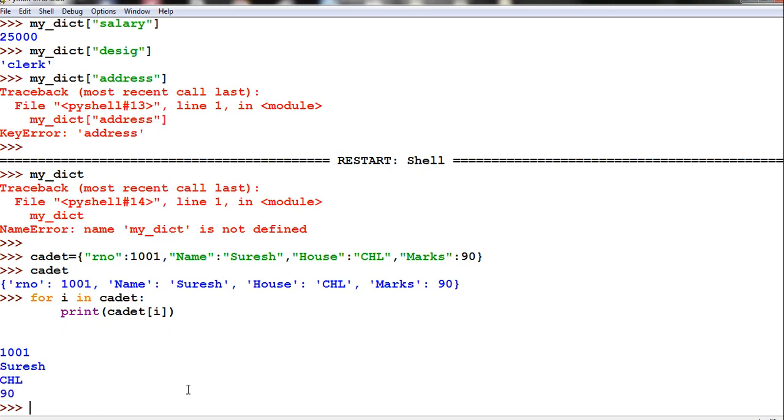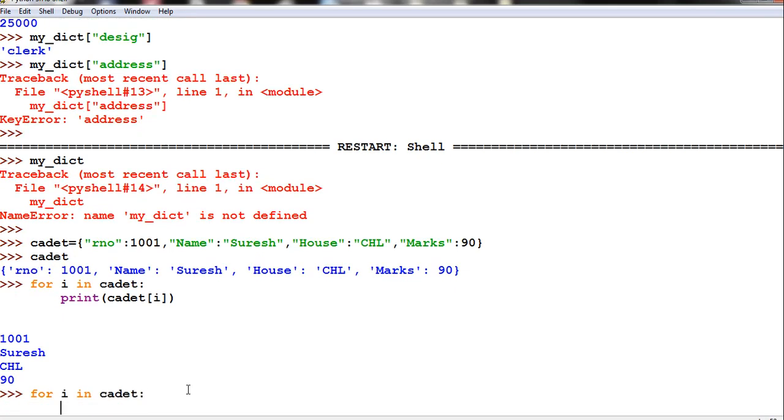Suppose you want to print both now. For i in cadet, where cadet is the name of the dictionary, I will print the value of i, comma, along with that I will print a symbol colon, comma.